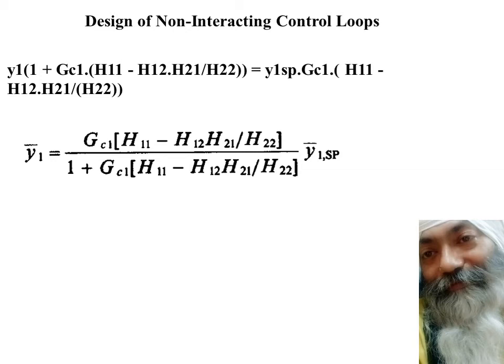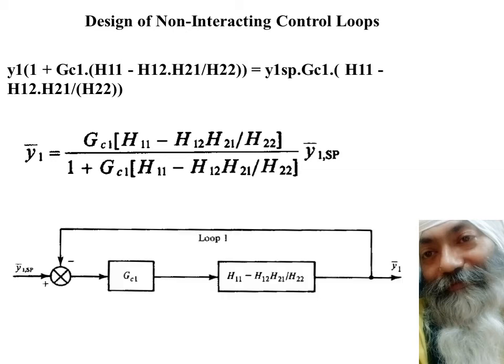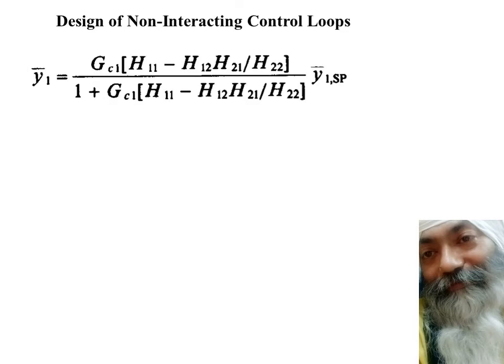All the things are written in such a manner that they can be diagrammatically represented as, you can see, the upper loop. We simply have the upper loop. The lower loop is totally not visible anywhere. So it means that the upper loop is now totally independent of the lower loop. And let's see what happens to the lower loop. This is the equation for y1. I want to go in for the equation of y2.